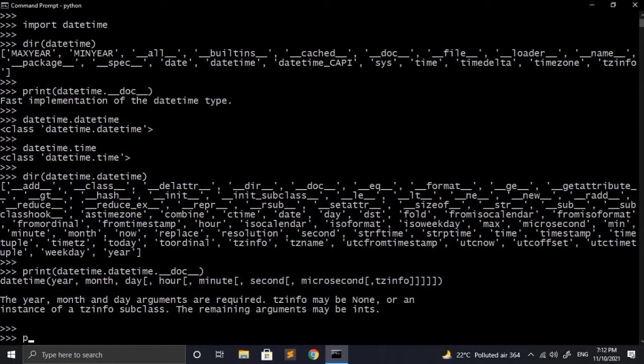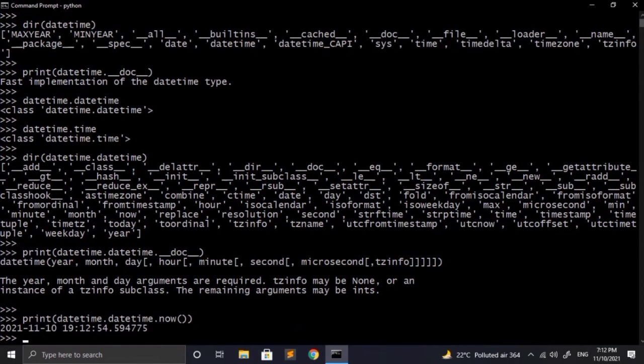So now let's try to access one of the methods from the datetime class, and for that we have to write datetime.datetime.now. Now is the method of the datetime class and datetime is also the name of the module. So what is basically happening here is datetime.datetime means go to the module datetime and in that search for the class datetime and go into that. And .now means from the datetime class access the attribute or the method now. So basically it returns the current date and time.